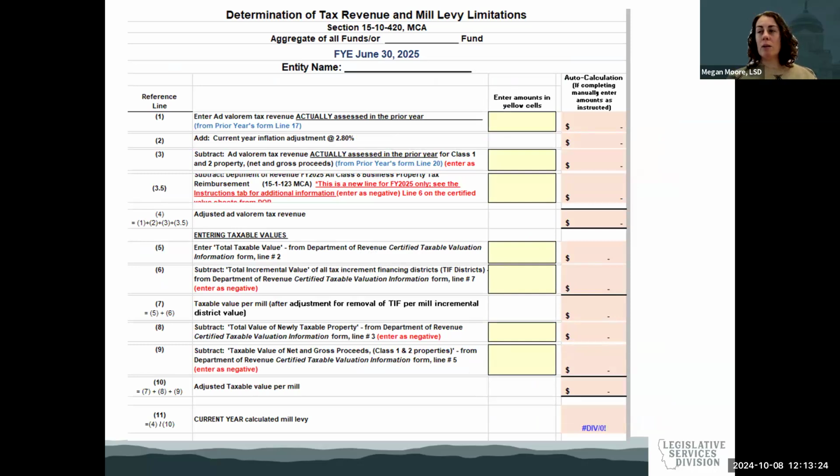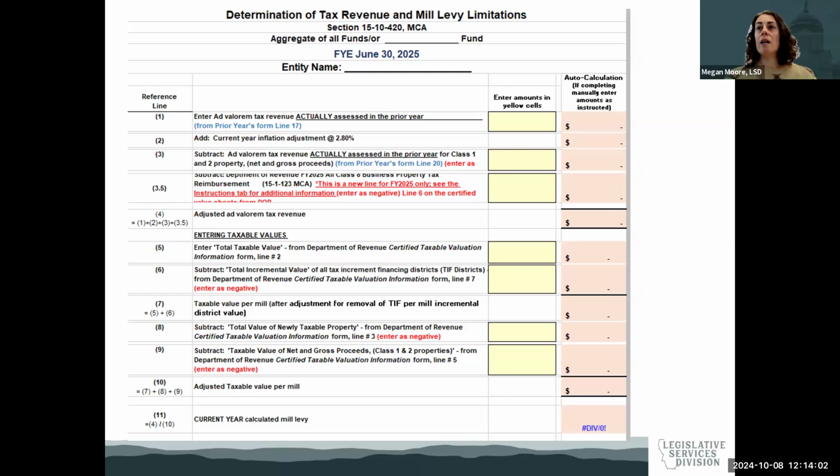I'll note this is only about 2/3 of the worksheet. There are additional lines, but I wanted you to be able to see it, so I didn't capture the entire worksheet. If you are interested in doing this calculation for your local government, feel free to contact me and I can help you gather the information you would need to do an actual calculation. The way this worksheet works is you enter the numbers in the yellow boxes and they calculate in the salmon boxes. It's a fairly easy exercise to do, but as you watch the numbers appear, it can help you understand